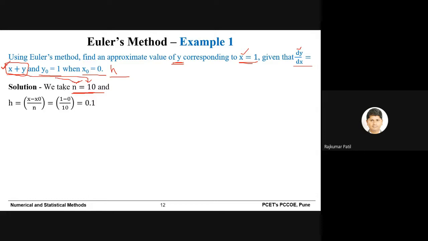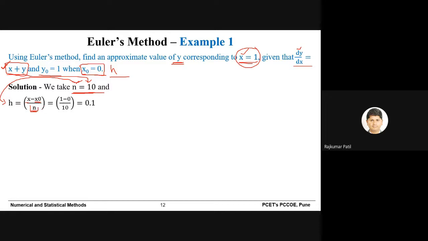And once you get the value of n, you can calculate the value of h by using the equation x minus x naught upon n, where x is the last value of x for which we are interested in y, x naught is the initial condition of x which is given in the problem, and n, that is the number of steps in which we will be reaching the final solution, and generally we define the value of n.